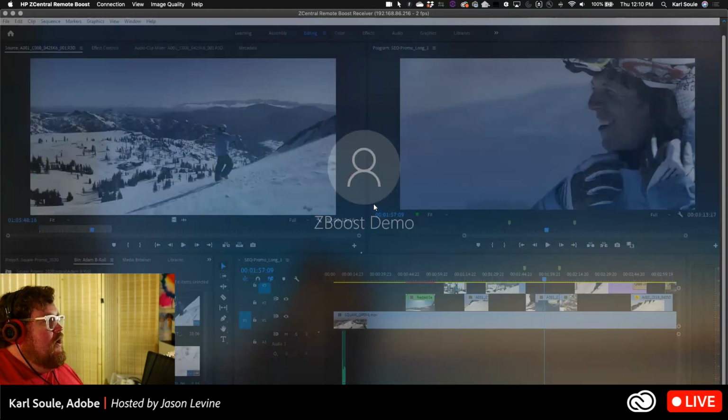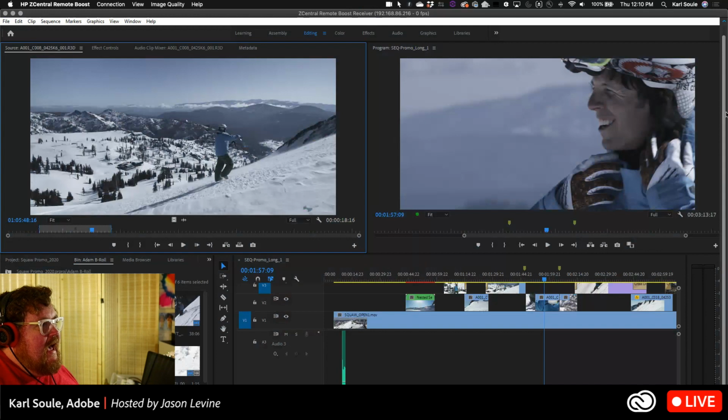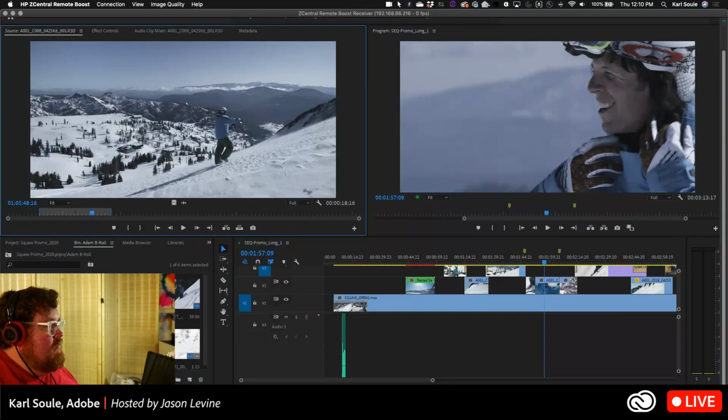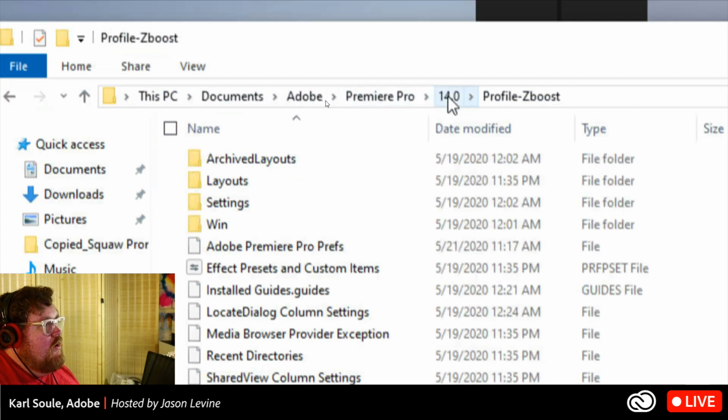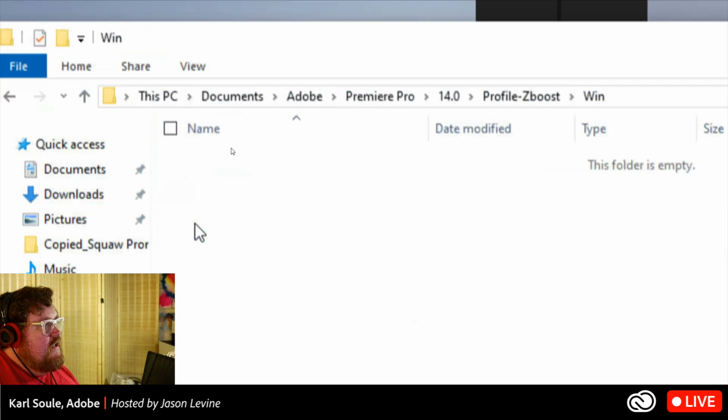There we go. So here I am on my Mac, but now I'm looking into a Windows machine. If I bring up an Explorer window to check out the machine, again, it's a similar path that we're looking at here: Documents, Adobe, Premiere Pro, the version number, and then in this case, that's where the profile will be. And again, you're seeing things in here like effect presets and custom items, Premiere Pro preferences, the layouts are set up in here. Inside the Win folder is actually where I would find my keyboard shortcuts